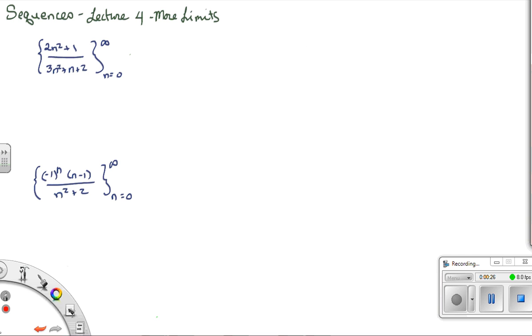The first thing to notice with this first one is that if I think of the function f of x equal 2x squared plus 1 over 3x squared plus x plus 2, well, this thing here, the sequence, is the restriction of this to the natural numbers, right? From 0 to infinity. The integers from 0 on up. So if I can figure out the limit of this as x goes to infinity,